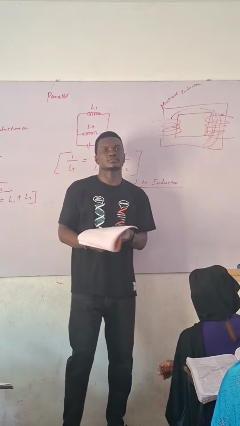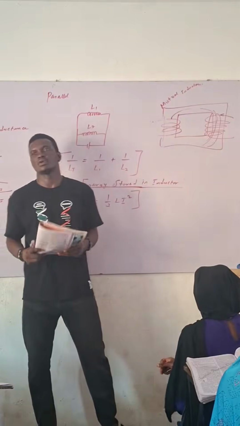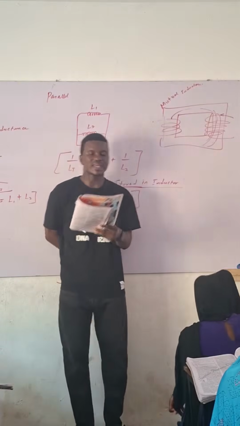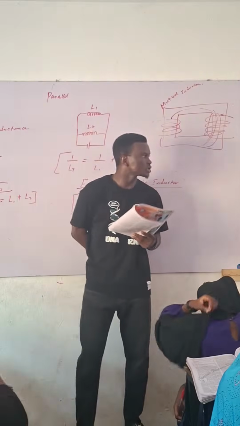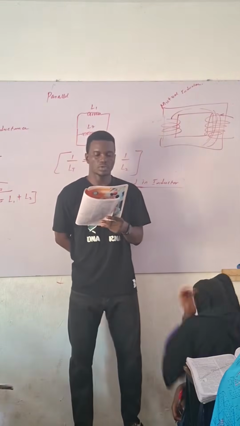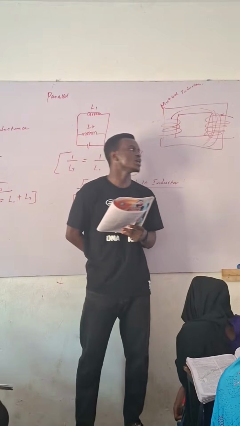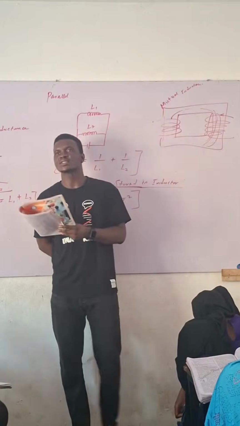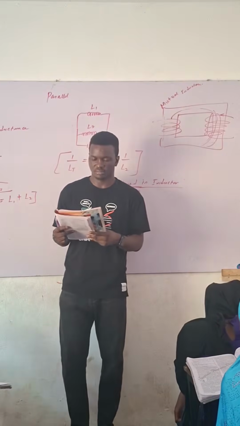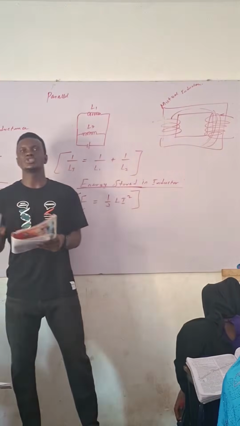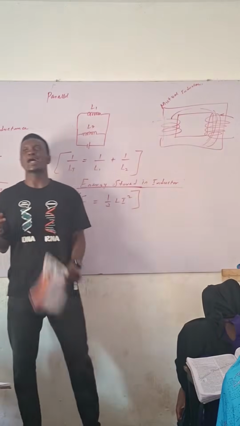Number one says that a magnet is moved through a coil of wire. Are you there? A magnet is moved through a coil of wire. The EMF produced in the wire depends on